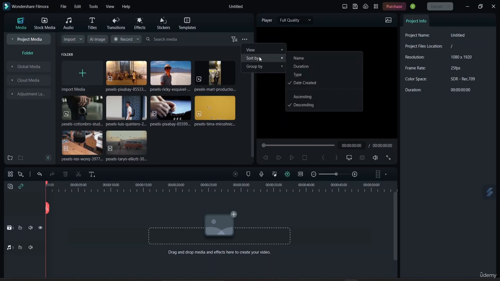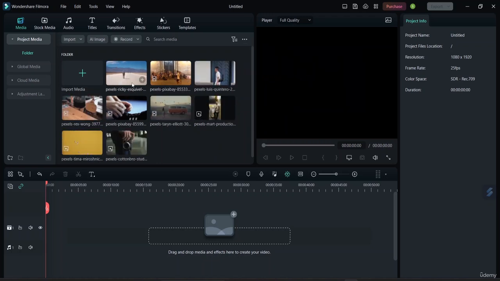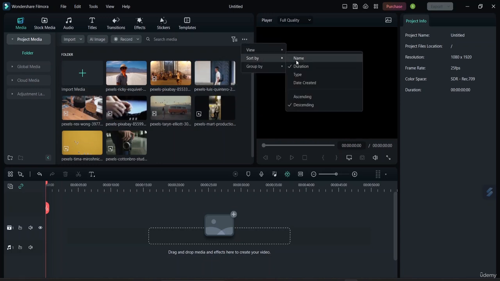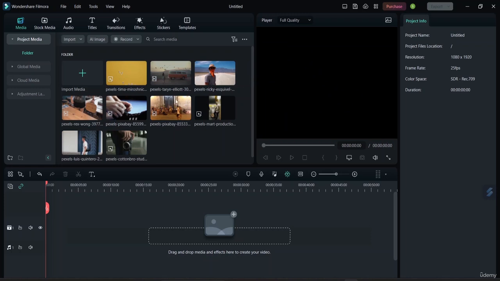And let's see here, we can also sort it by name, duration, type, and which date it was created. We can also keep it in an ascending or a descending order. If I do it by duration, you can see here it came by duration, and this one here, as you guys can see. Okay, I'll just keep it simple as by name. And we do have another option here,